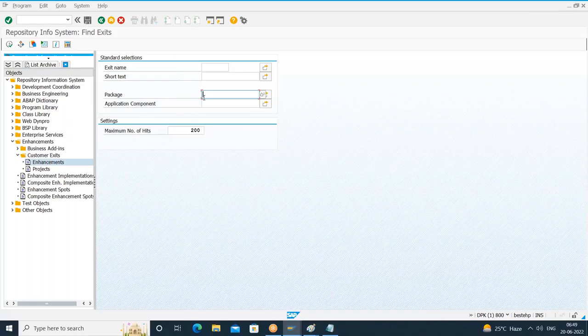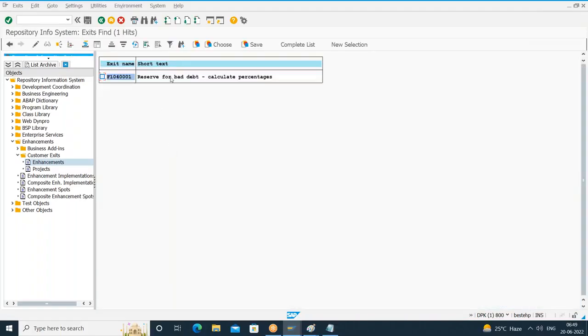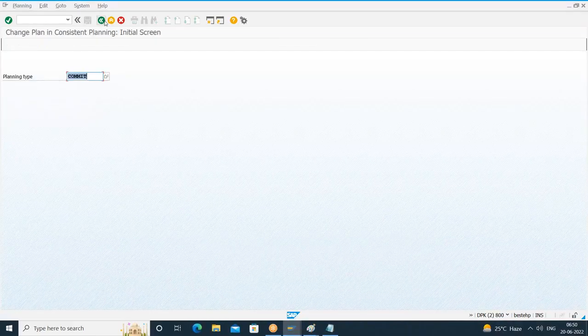What is the package name? FREP is the package name. Execute this. Yeah, it has got what? Some exit name. Reserve for bad debt, calculate percentage. F104 0001. So I'll go to the SMOD T code,